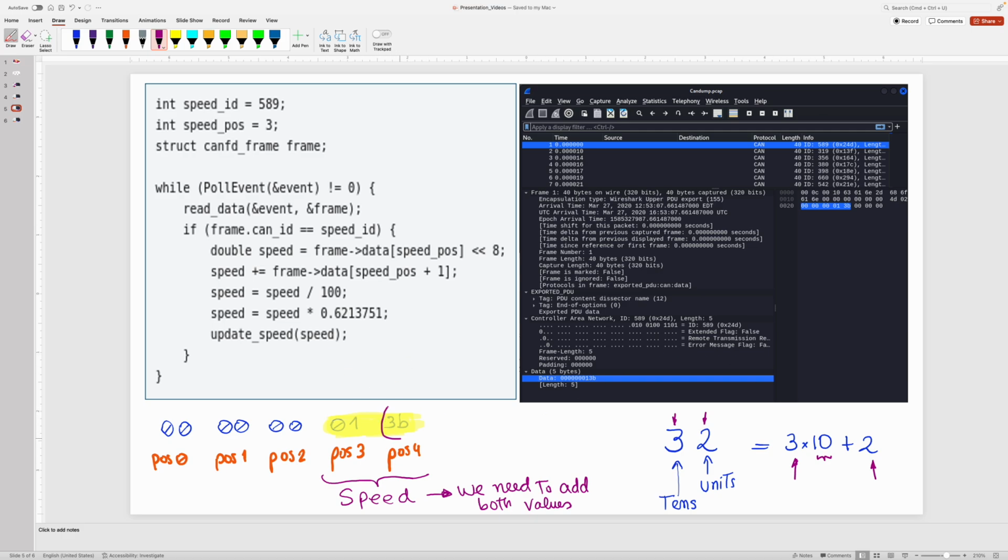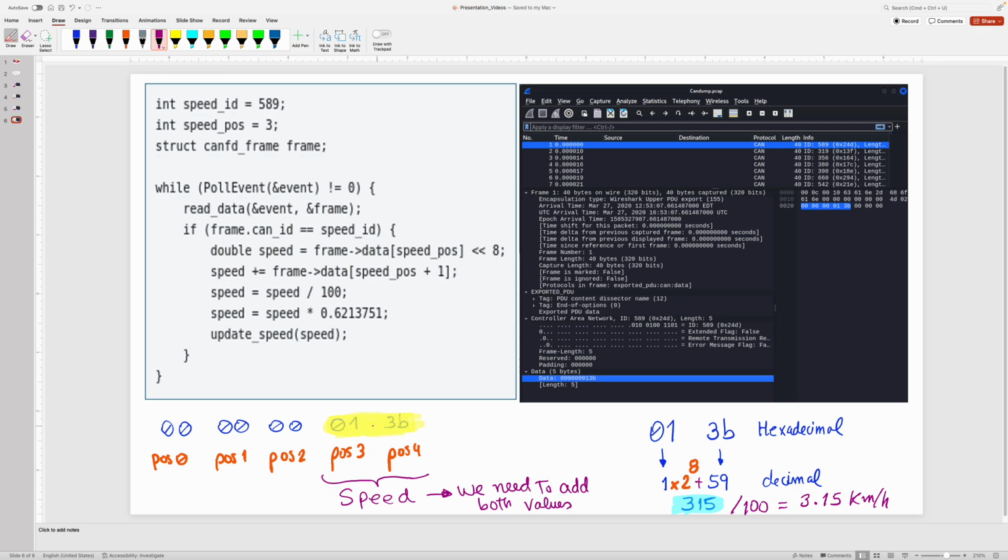Imagine that this 3b value is actually the units, and think of this as the number of tens, right? But instead of tens, what we have is 8 bits, okay? So instead of multiplying by 10, the maximum number that you have in 8 bits is like multiplying 8 times, right? So if you want to get the final number of these 2 digits, you need to convert each of these values, 3b, to decimal, and 1 in hexadecimal is the same as decimal, and then